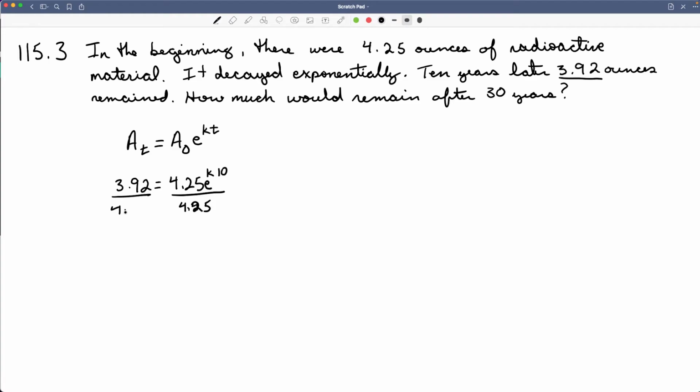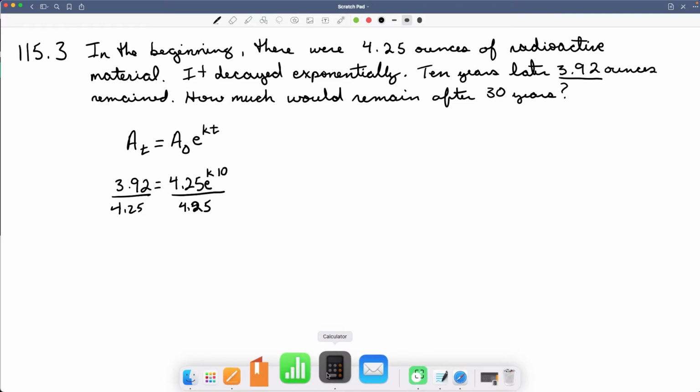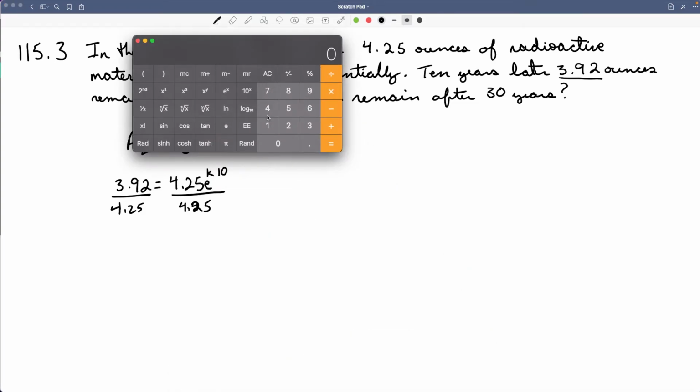4.25, 4.25. All right, we'll pull out our calculator to see what we get. So 3.92 divided by 4.25 is 0.9223529. It's a big old long number, right? So let's just look and see here. I'm going to stop it right here because it starts to go up again. You could potentially